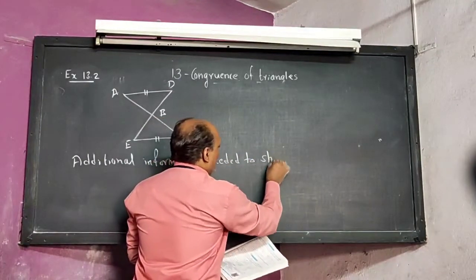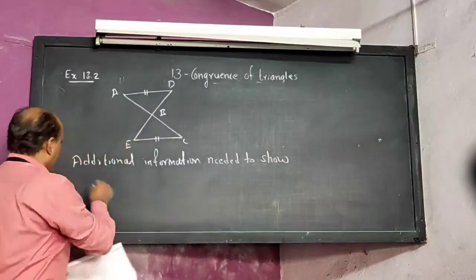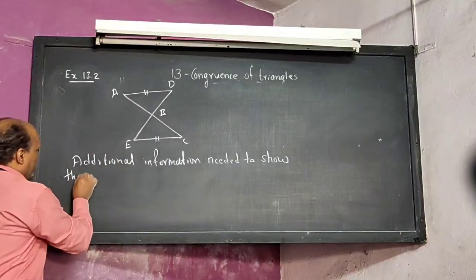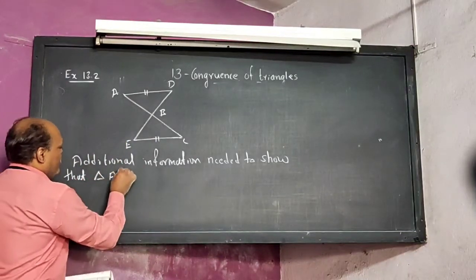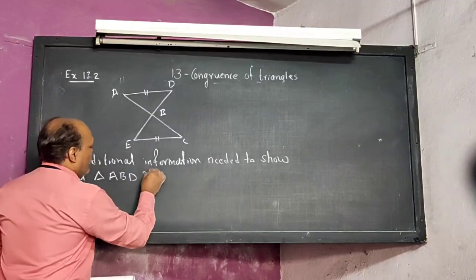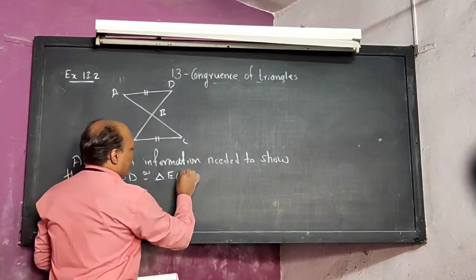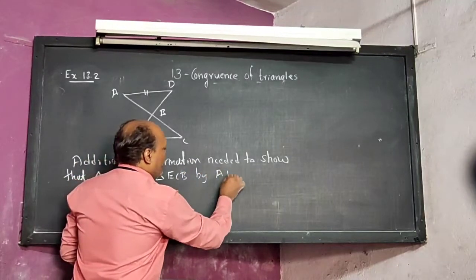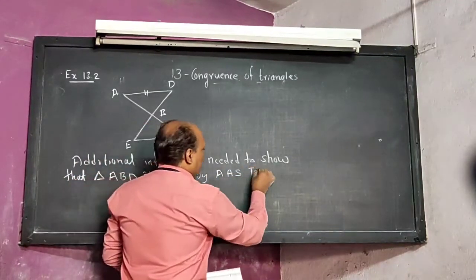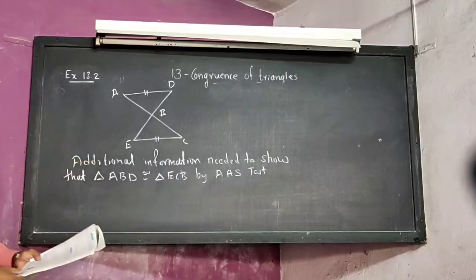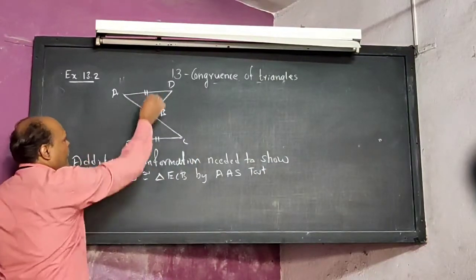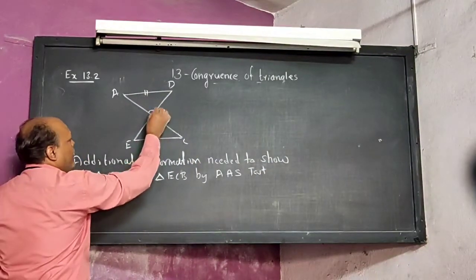to show that triangle ABD is congruent to triangle ECB by the AAS test. Okay, here you can say that AD is congruent to EC and angle B is congruent to angle B,